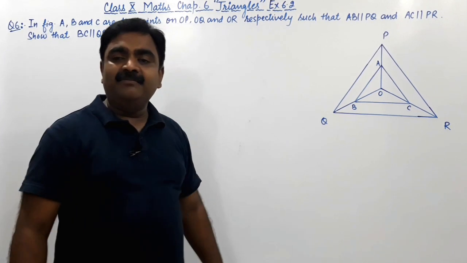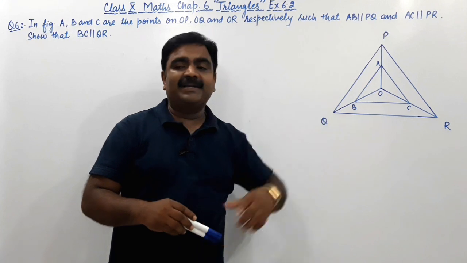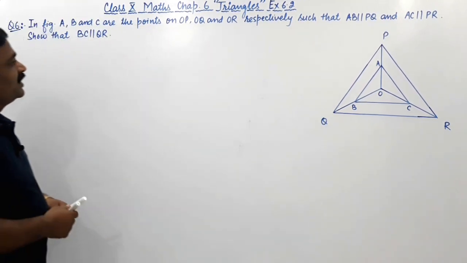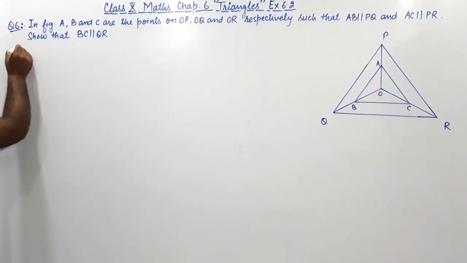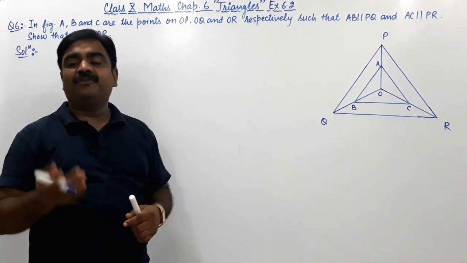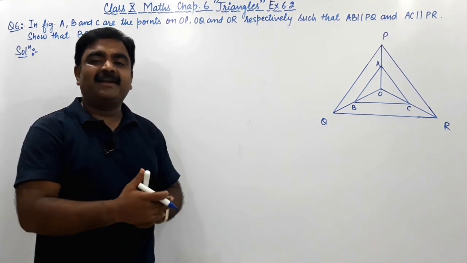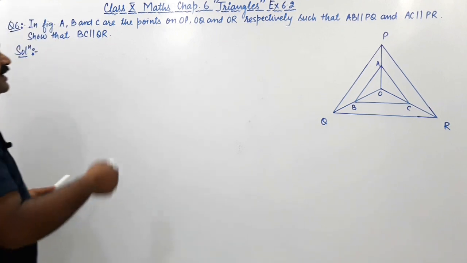क्या प्रूव करने जा रहे हैं हम? BC, ये साइड BC QR के पैरेलल है. राइट, सो लेट अस स्टार्ट प्रूविंग दिस क्वेश्चन. As we have discussed till question number 5, we have discussed the application of Thales theorem. हमने Thales theorem अप्लाई किया. If this line is parallel, so their corresponding sides will be in the same ratio. So you just see, let's start.